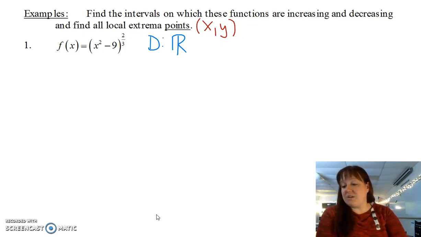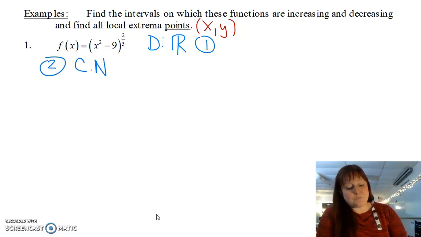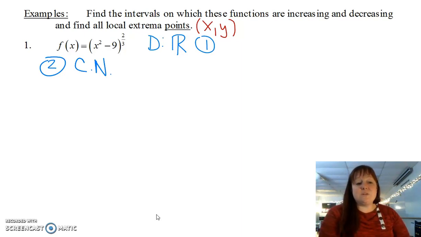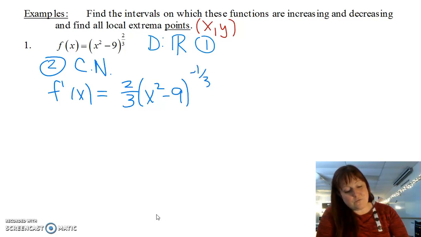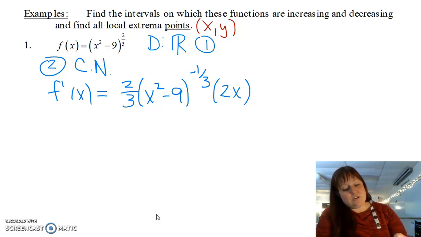So next step is to find all of our critical numbers. So let's find our critical numbers. So that's step number 1. We can go to step number 2 here, is finding our critical numbers. Okay, so our critical numbers are where the derivative is equal to 0 or undefined. So let's find the derivative. F prime of x equals 2/3 (x squared minus 9) to the negative 1/3. This is a chain rule situation. Times the derivative of the inside, right? So I did the derivative